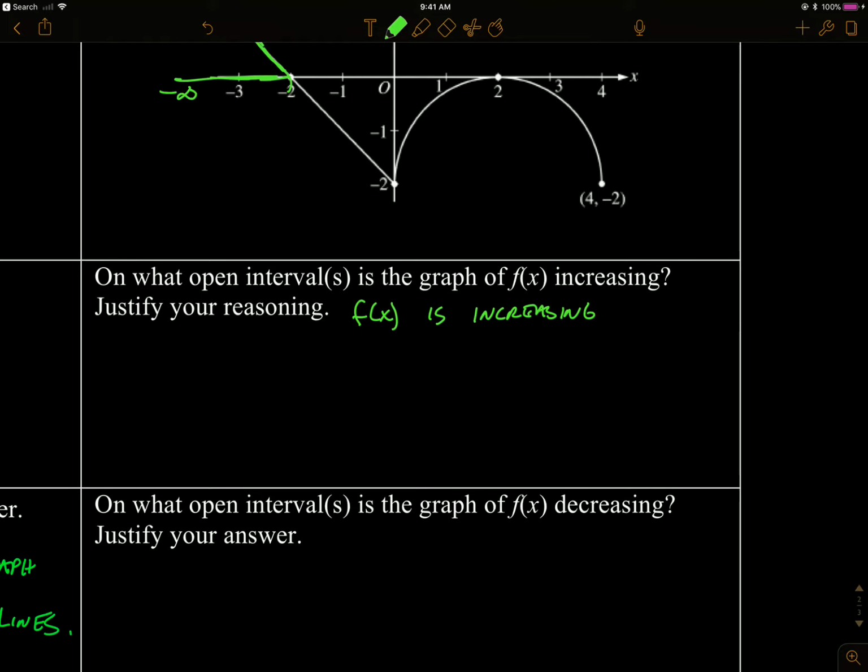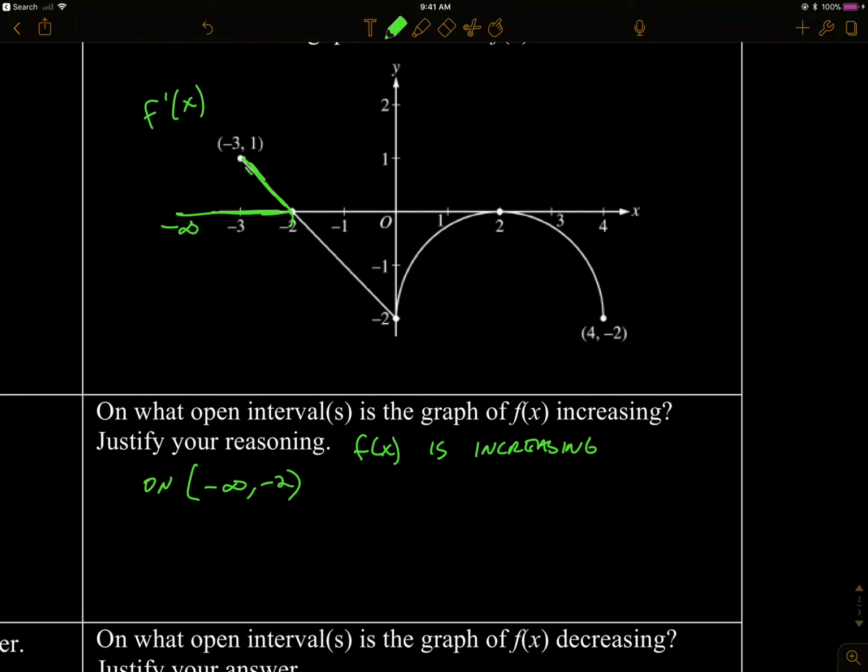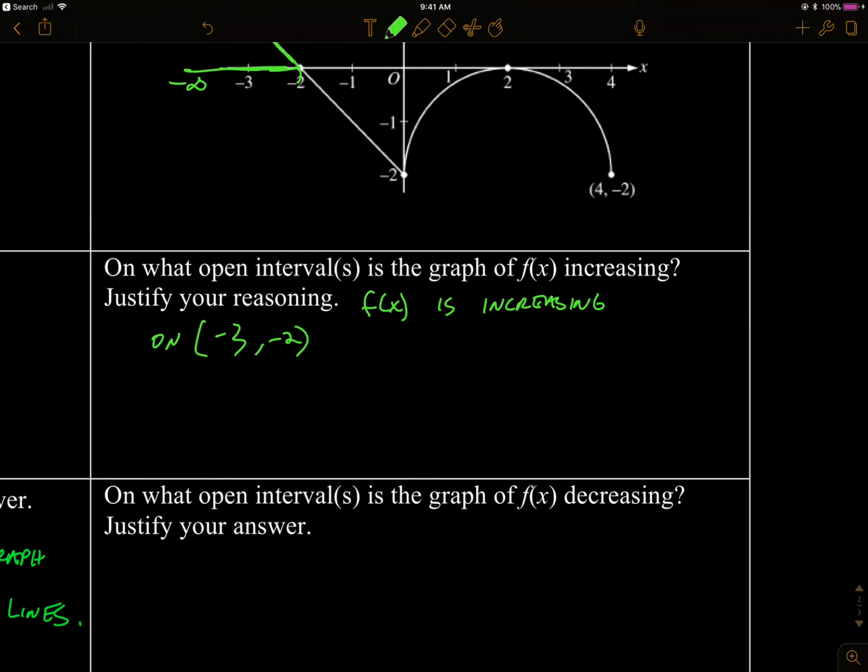All right, so we'll say it's increasing on the interval -infinity to -2. So that is, oh wait, there's not an arrow there. Sorry, this graph starts at -3. So we're going to say -3 to -2. So I restated the problem. I answered it because